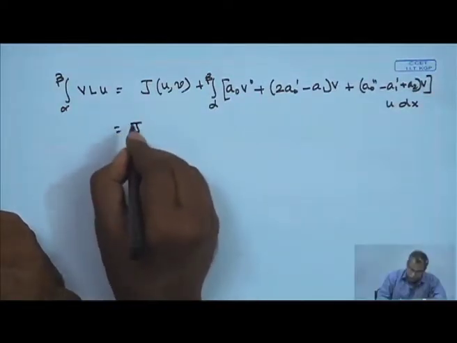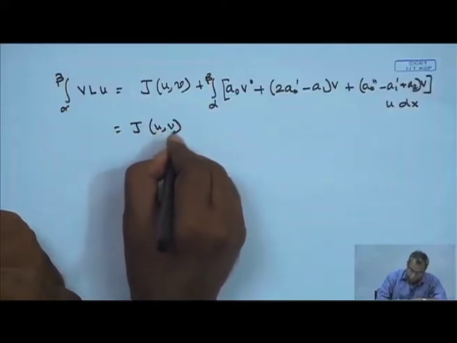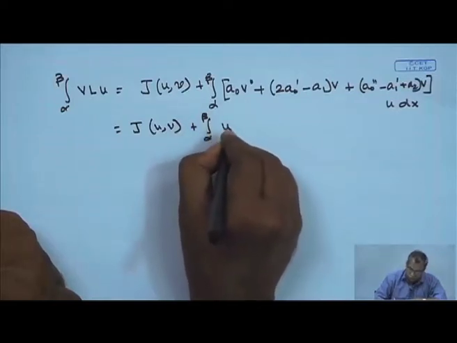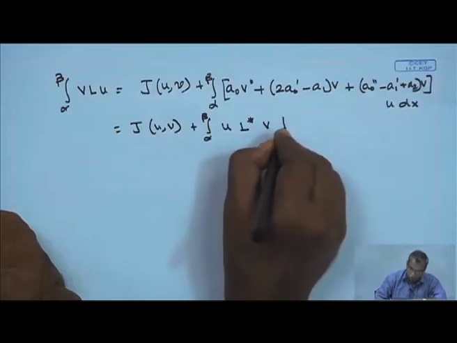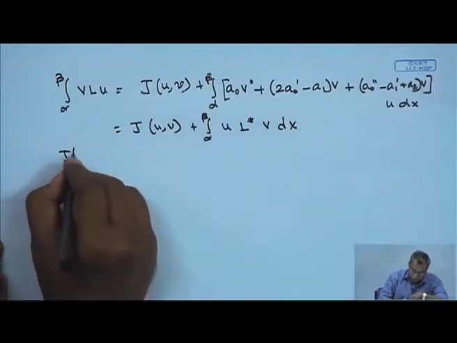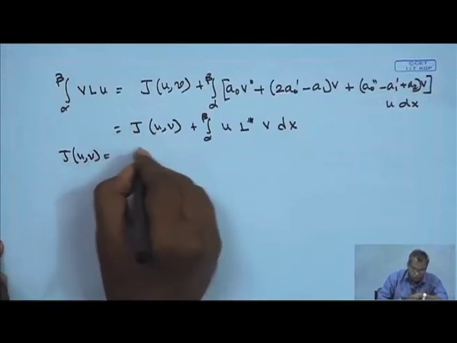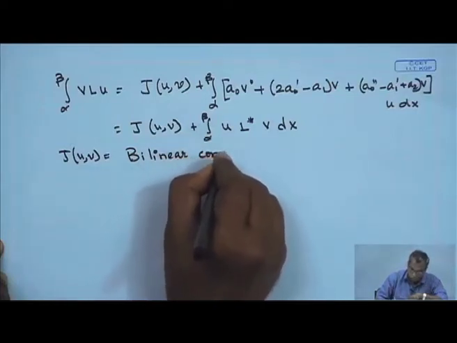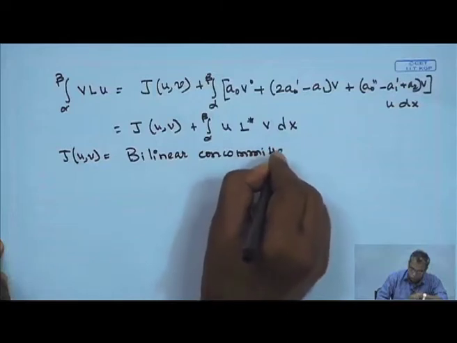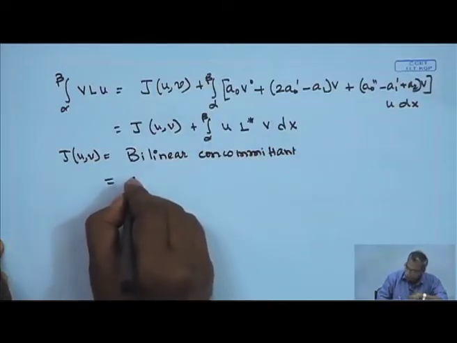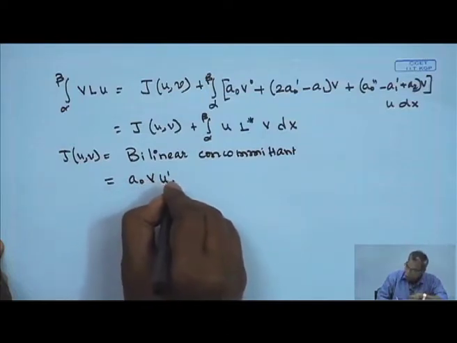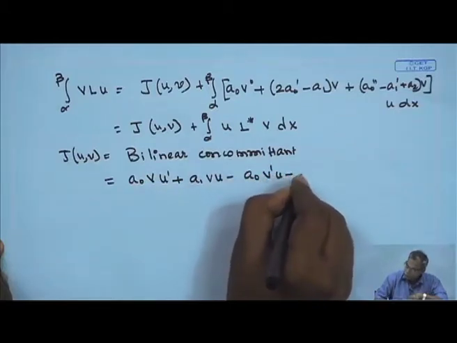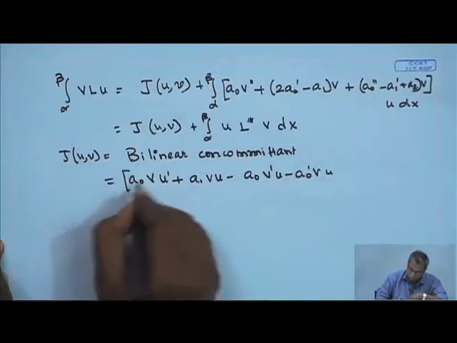So, ultimately this can be written as J(u,v) plus integral alpha to beta u L star v dx, where J(u,v) is known as the bilinear concomitant and its value is a0 v u prime plus a1 v u minus a0 v prime u minus a0 prime v u evaluated at